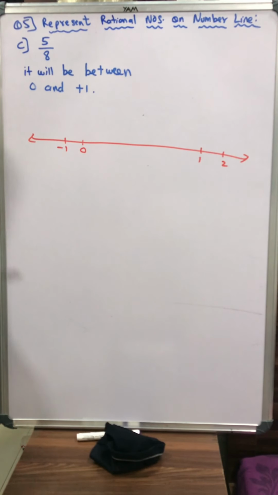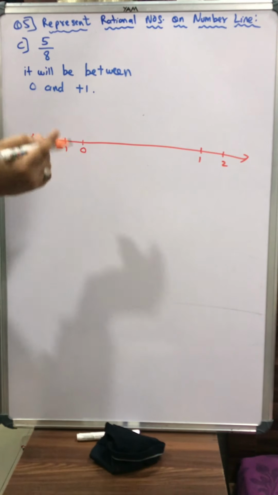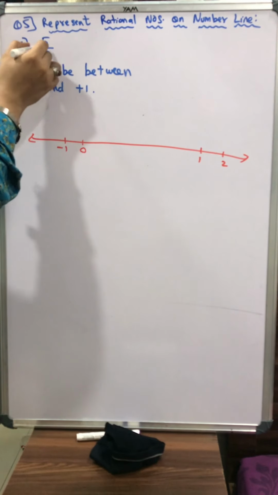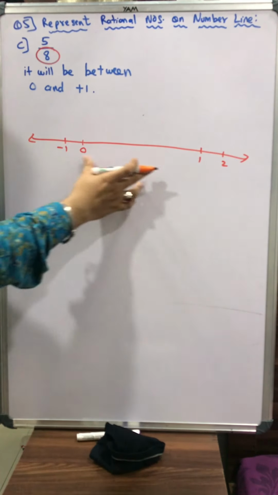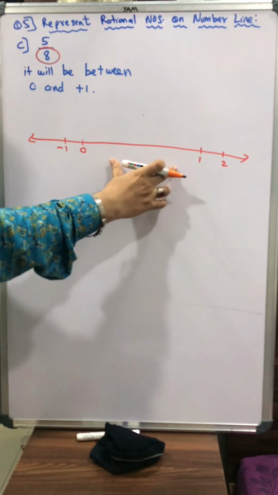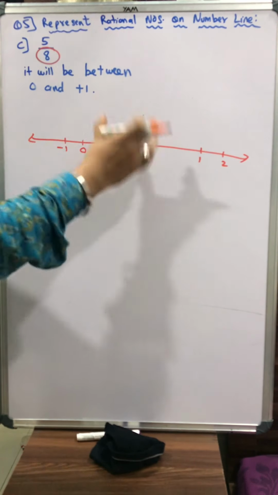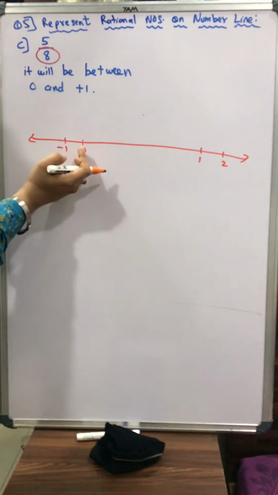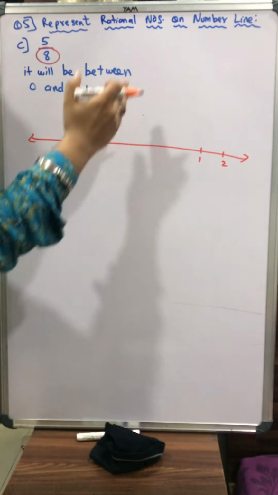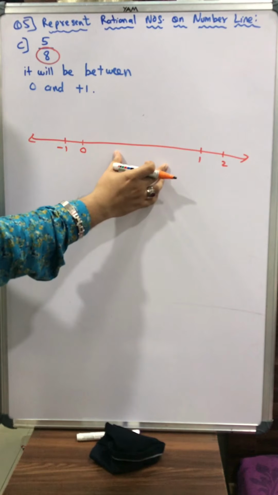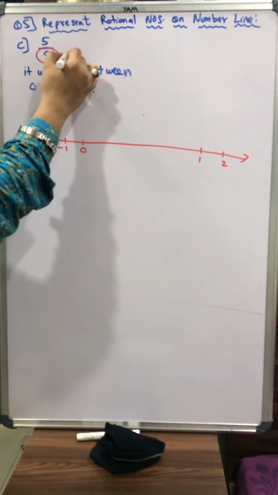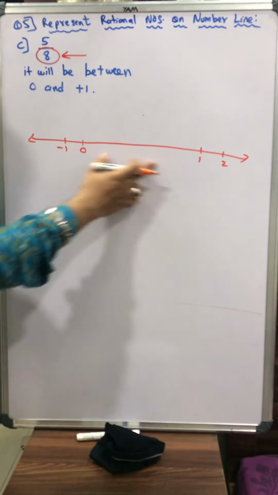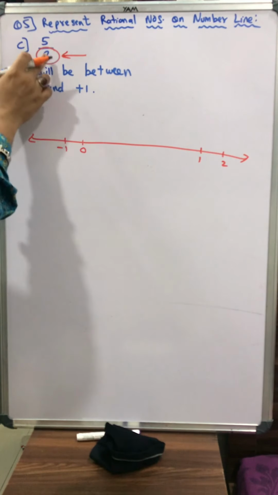We should divide our concerned criteria into the number of parts which is equal to the denominator. We should divide our concerned criteria, which is 0 and 1 in our case, because it's a proper fraction and it will always be between 0 and 1 for the positive proper fraction, and if the fraction is negative, it will be between 0 and minus 1. We will divide into equal parts depending upon the number in the denominator. Here the number in the denominator is 8. That means I will divide my cake. This is my cake. I will divide my piece of cake into 8 equal parts.